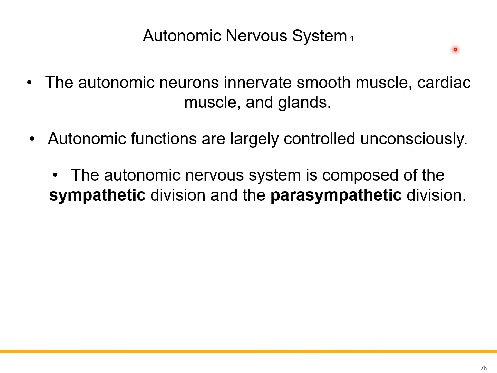Let's now talk about the autonomic nervous system. It controls the involuntary squad, or yung mga smooth muscles, cardiac muscles, and glands. So as it says here, they are controlled unconsciously. So hindi na kailangang isipin or sadyain pa. They will just move as necessary, thanks to our autonomic nervous system. The autonomic nervous system is divided into two, the sympathetic and parasympathetic division.